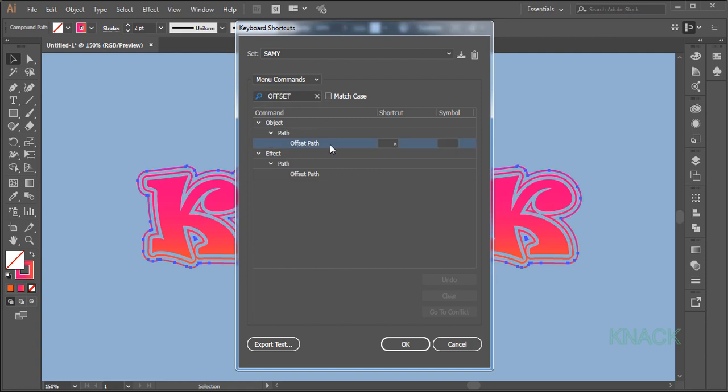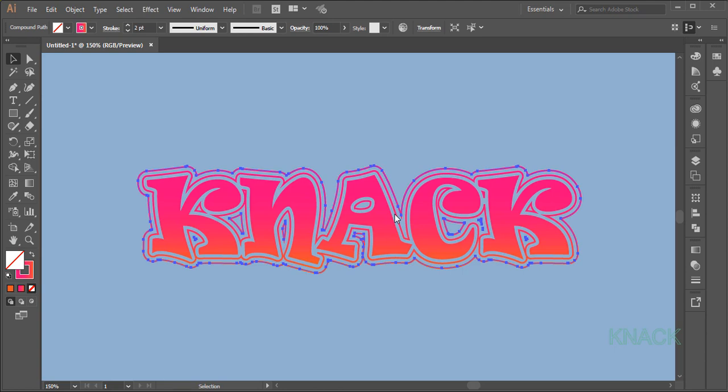Here it is. Click once inside this box and press the combination of keys you want to set as the shortcut. I'm pressing Ctrl-Shift-7. You can set your desired shortcut key. Okay, coming back to our design,